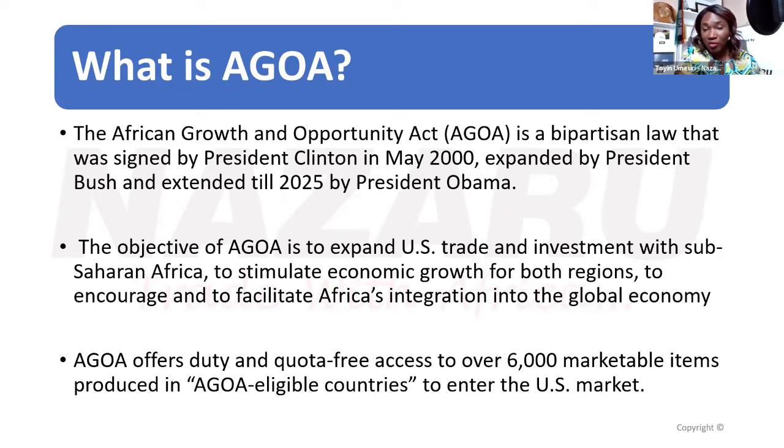Because right now, if you're in the US and you import and you don't mention AGOA, you're going to pay tariff. Okay, so information is power. If you're in the US and you're importing things that are eligible for AGOA, but at the port of entry, if you don't mention AGOA, if you don't provide the right documentation, you are going to pay. So lack of knowledge is expensive, right? People are actually paying tariffs today that they should not pay because they are not aware. And that's one of the powers of policies, that policies unlock opportunities for the business communities that really value knowledge.